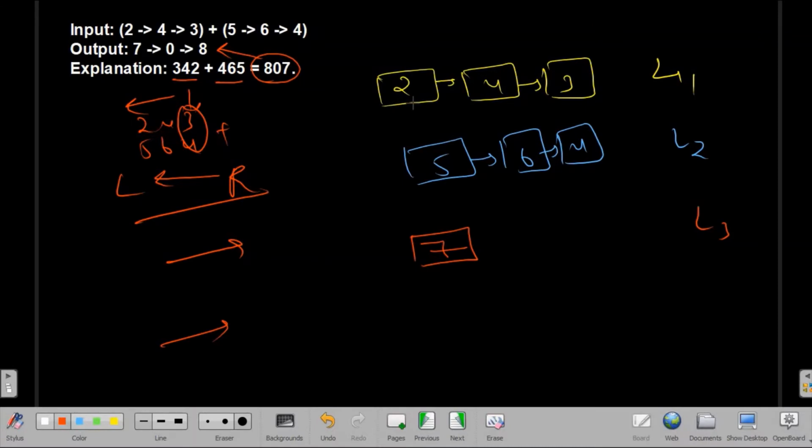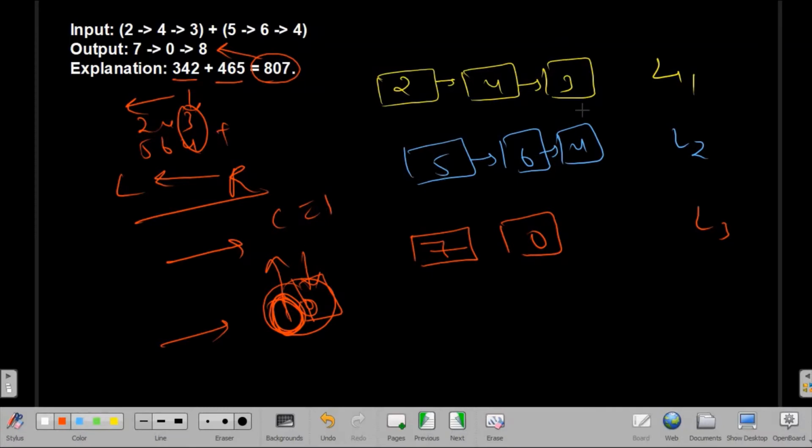And one more thing guys, if I have two digits, the right digit I will store here, and the left digit I will store in carry, that is 1.